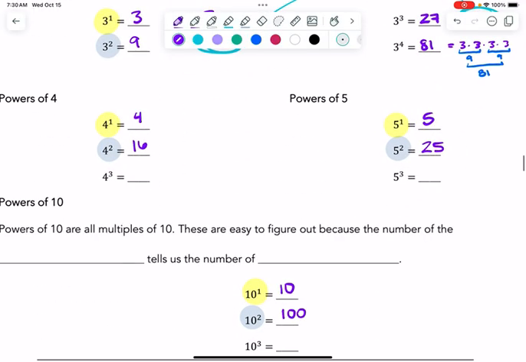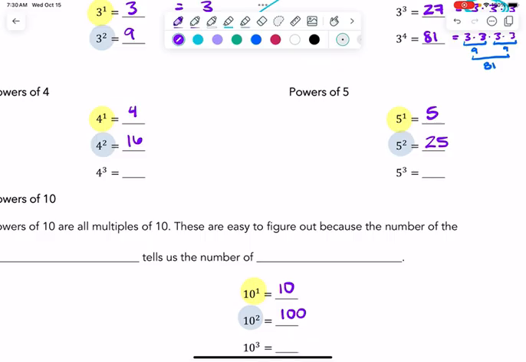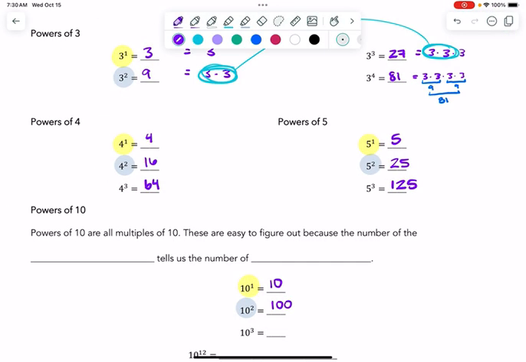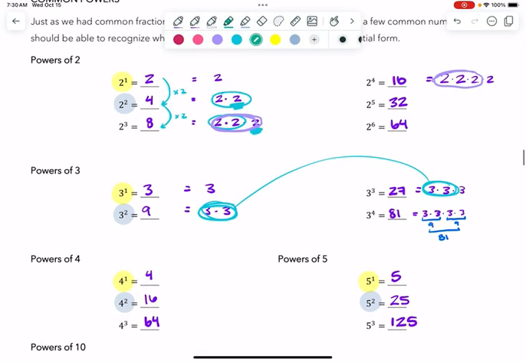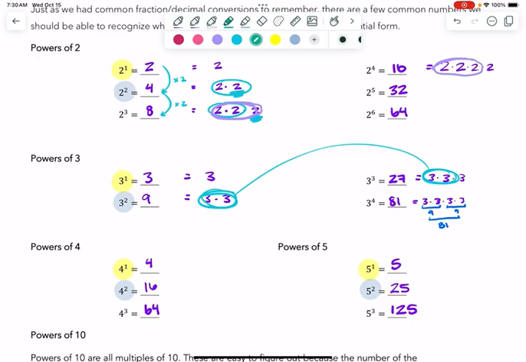Okay, I'm just going to go through the next ones pretty quickly. So 4 to the power of 3, that's going to be 64. There's 5 to the power of 3, which is 125. Okay. What I want to point out about what's already on our page is a few things. Thing number 1,